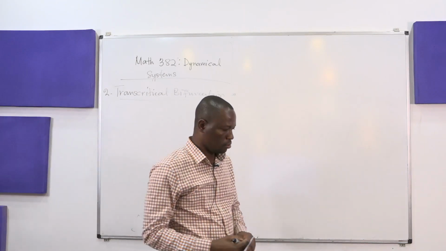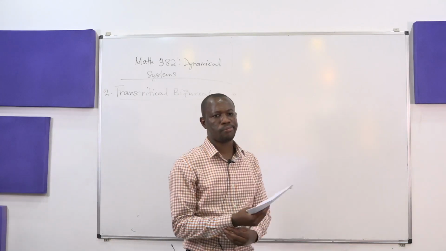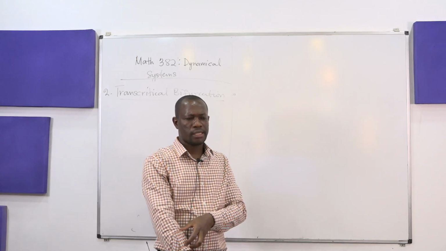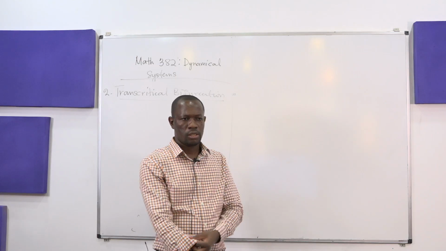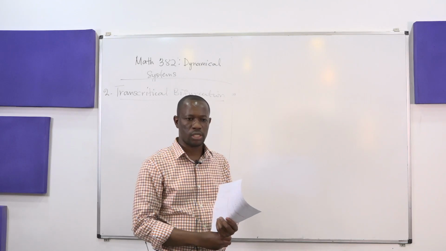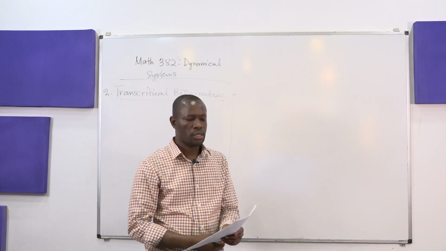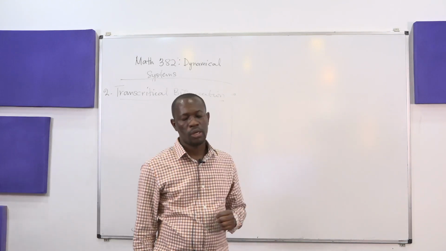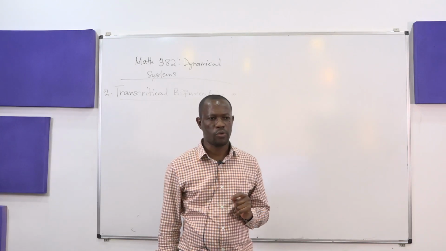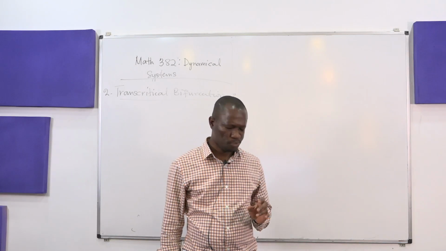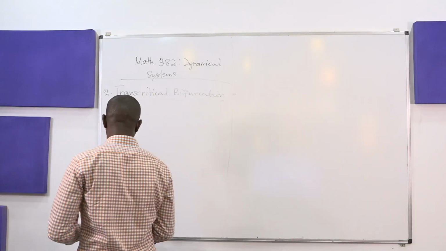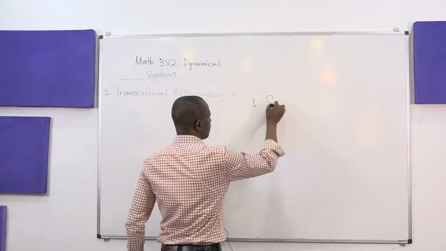Transcritical bifurcation. We learned that bifurcation is a qualitative change in the qualitative solution as the parameter is being varied. So here, if maybe we have a scalar differential equation with one parameter, then we can have any of these three bifurcations. You can have one saddle-node